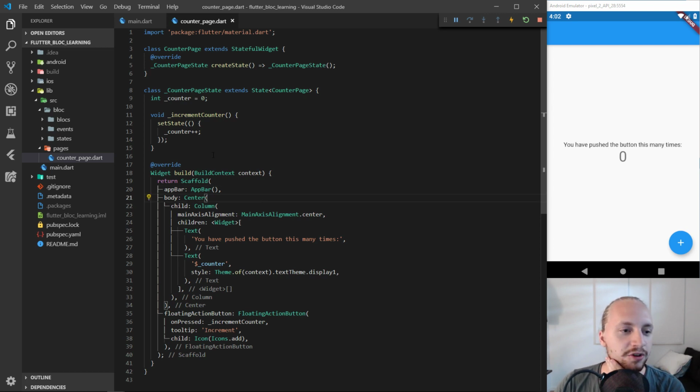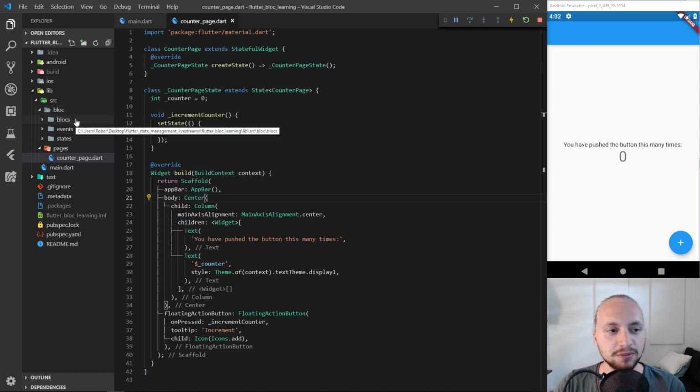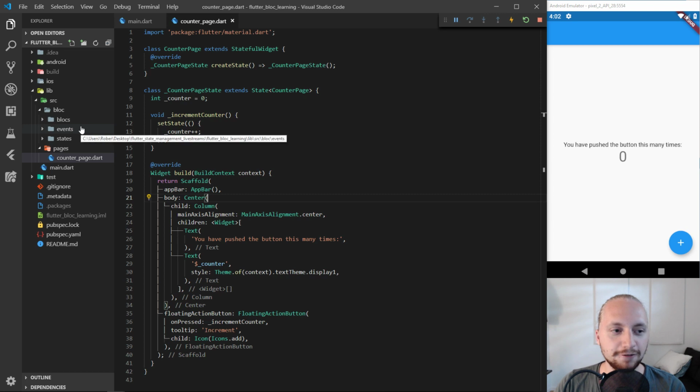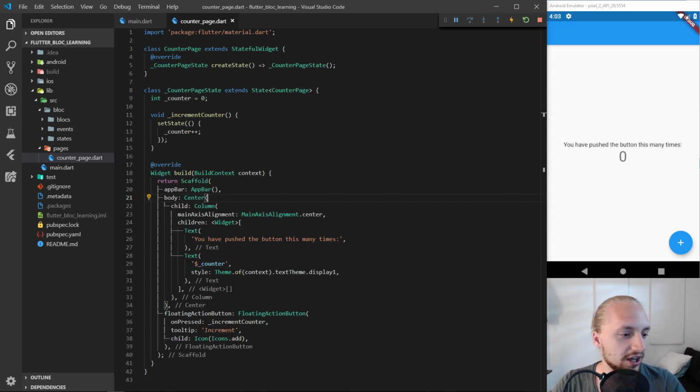Okay, so let's get started. What we have here is the setup. I'm going to have Bloc. I guess this is pretty much similar to Redux. With Redux, we had actions, reducers, and state. So the blocs are pretty much going to be the reducers, I guess. The events are going to be the actions, and the state is going to be the states, right? I'm just going to have the get started one here also, and do the counter one first, just so I can understand it. So I'm just going to open this one and that one, and we're going to